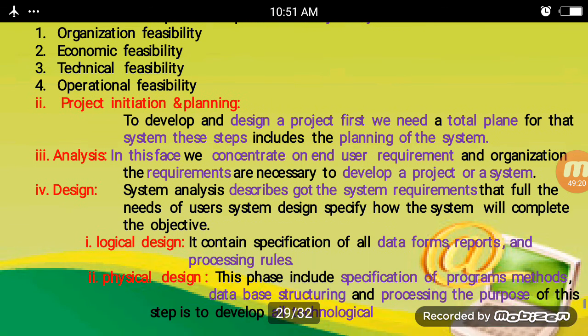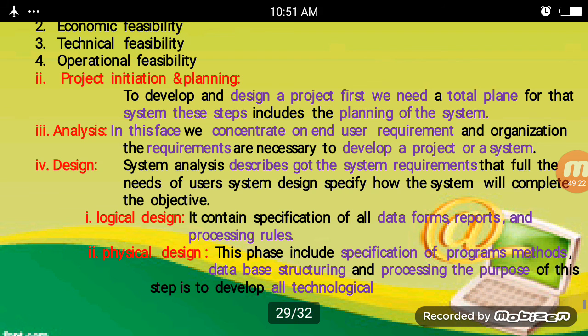In project initiation, to develop and design a project, first we need a total plan. For that, this step includes the planning of the system. Analysis: in this phase, we concentrate on each end user requirement, the organization's requirements or necessities to develop a project or system.